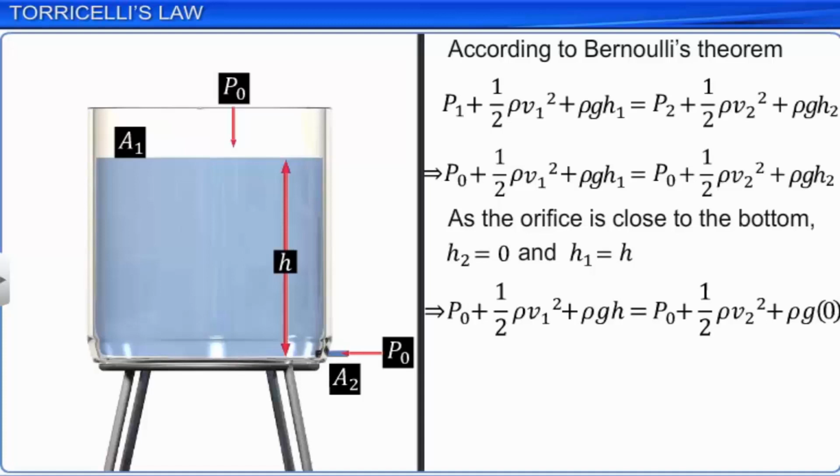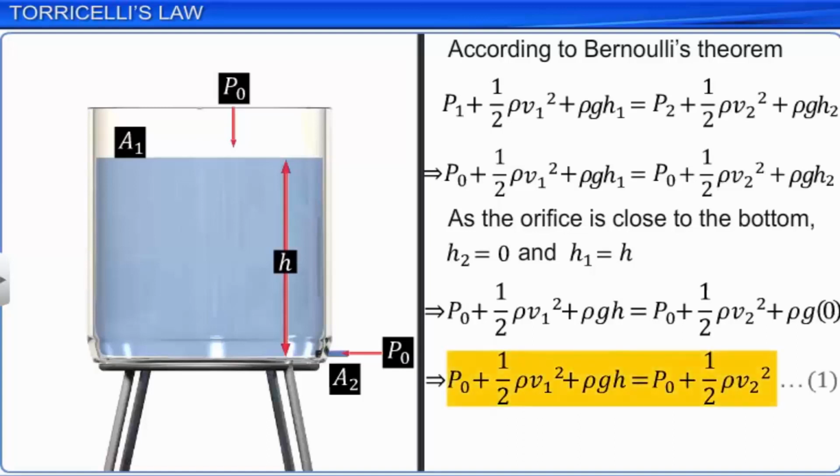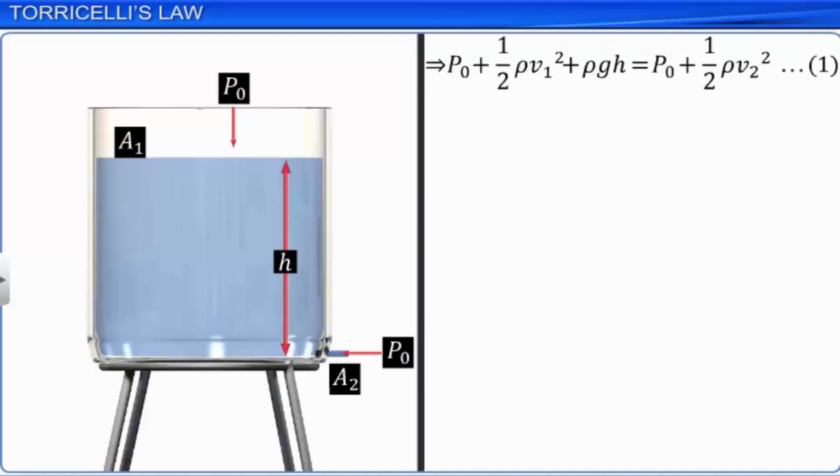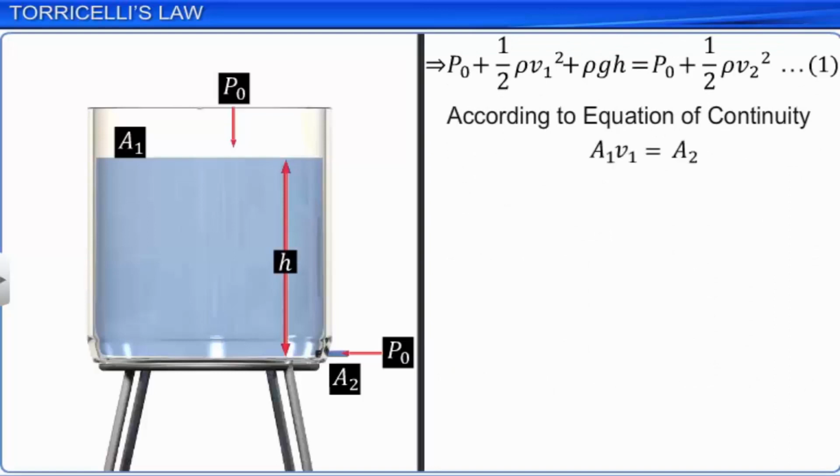On simplification, we get the expression shown. Let's call this equation 1. According to the equation of continuity, A1V1 is equal to A2V2, or V1 is equal to A2V2 divided by A1. Let's call this equation 2. Substituting equation 2 in equation 1,